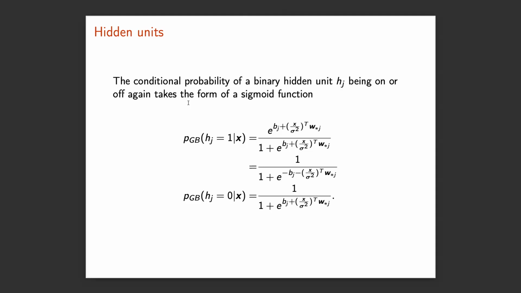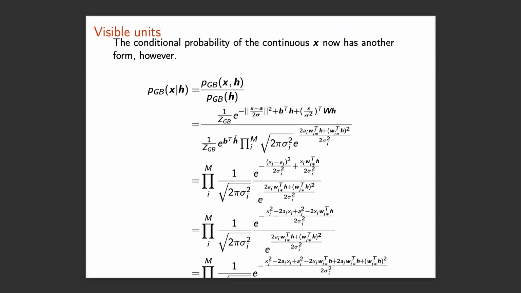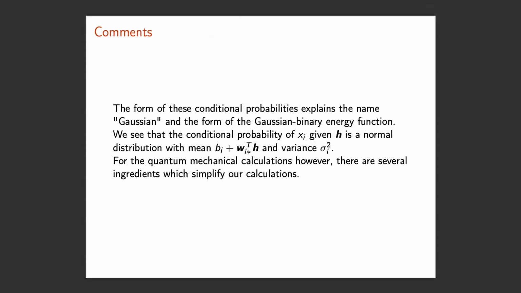So often you search for ways which can give you an analytical answer for these probability distributions. And again here, you will see that for the h's, and this is not a big surprise, you get actually a sigmoid function as before. If you do the conditional probability for x's, I think I didn't put it up. Okay, let me go to the Jupyter notebook, because in that case,